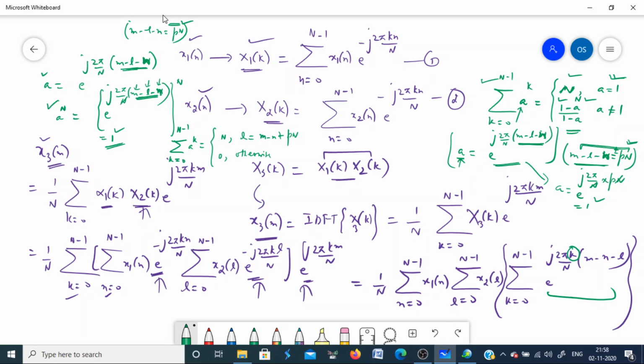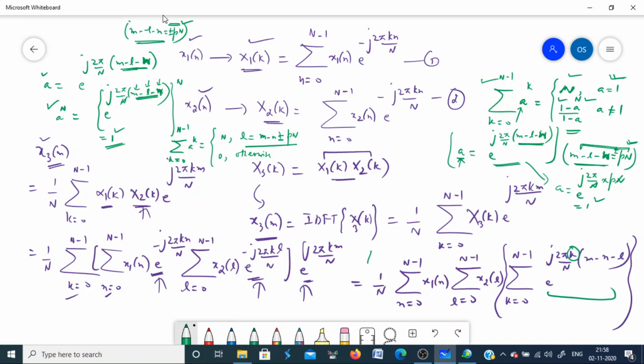Okay, l minus n is equal to pn means l is equal to m minus n plus pn, or you can also write minus here in place of plus, because it will be plus minus here. Okay,